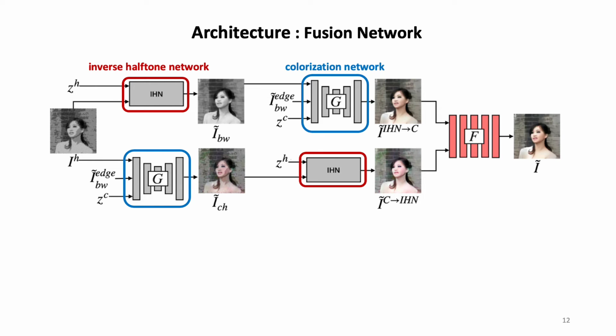Finally, with both IHN and colorization network well pre-trained, we can now generate two results from the opposite order of cascading these two networks. And we build up the fusion network by multiple residual blocks, which is able to enhance the feature interactions across two paths. With the help of the fusion network, we can integrate the images from both paths and benefit from their complementary property to get better results of inverse halftone colorization.